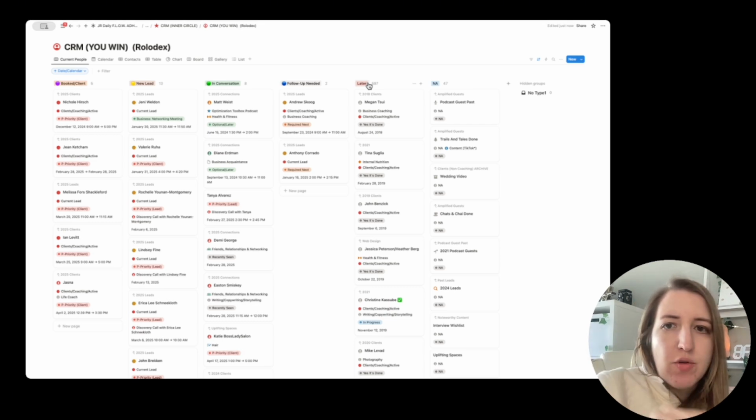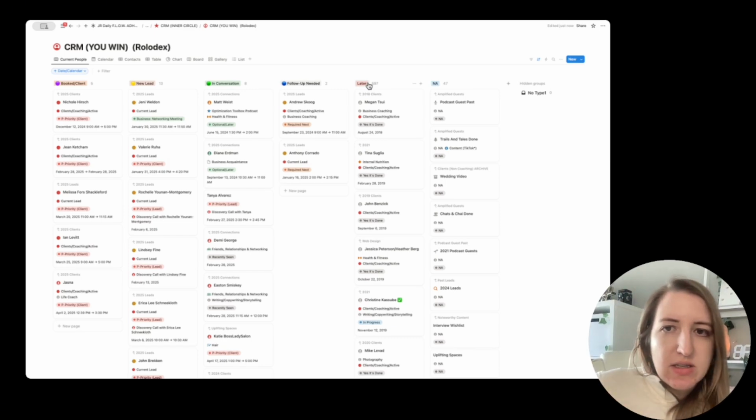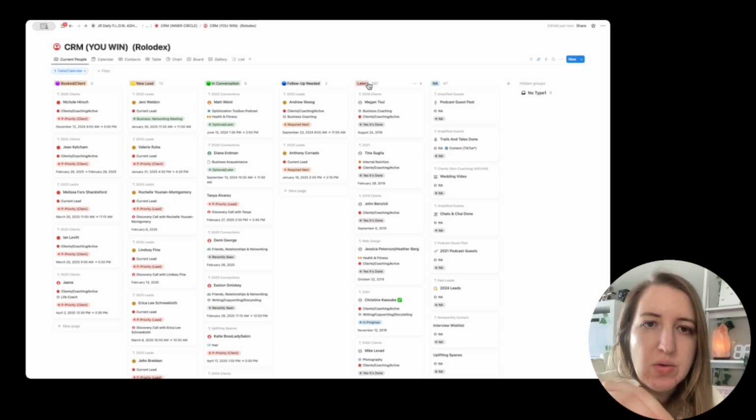Because I really just need those 4 categories. And then NA is just not applicable. I put that for a lot of categories. There's no status needed. So this is actually going to be so helpful for me to know where people are